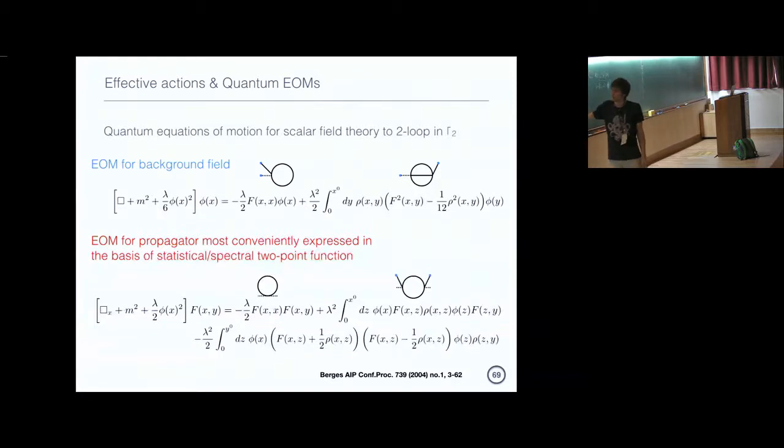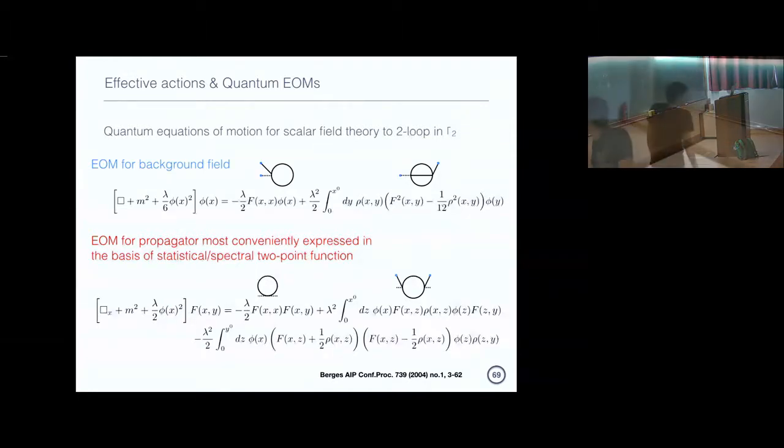The first one that appears is this standard tadpole one, which acts like adding to the effective mass of the particles in there. But then you have the other ones, corresponding to this diagram, which essentially describes some kind of two-body scattering process, or a 1-to-2 scattering process in the presence of the scalar field. So you have scalar field insertions at 2 points, you have propagation in between, and so there are essentially two components to that.